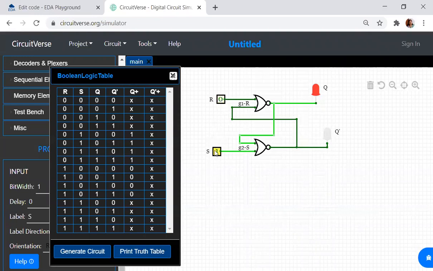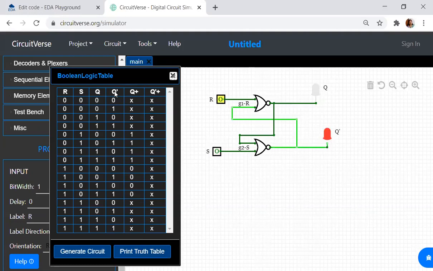When I keep it as 0 and 1, what happens? Since S is equal to 1, this will be at 1. Now if I change both to 0, 0, the previous state will be, still it is glowing only. Suppose if I make this 1 and 0, if R is 1, Q will be equal to 0. Now if I change to 0, 0, what happens? It is in the previous state only.